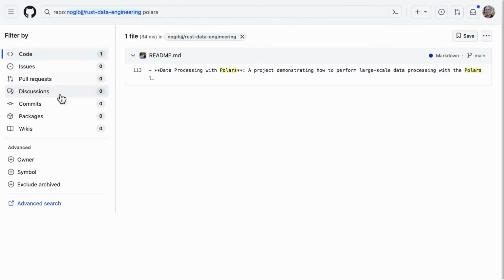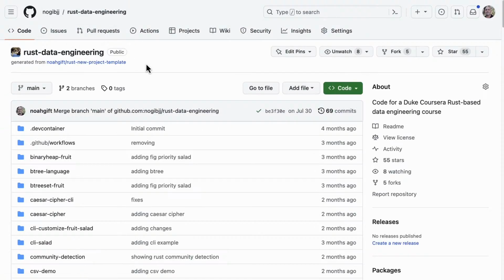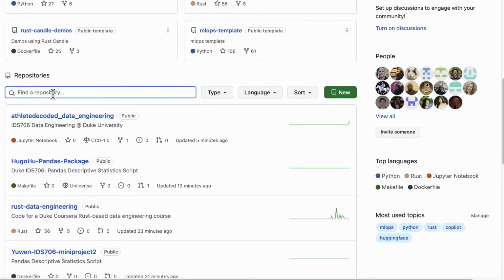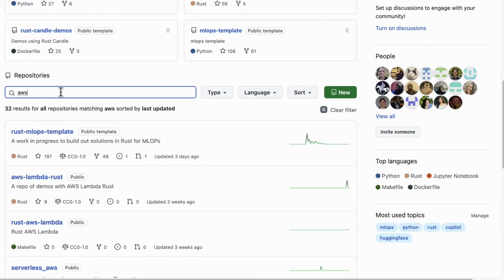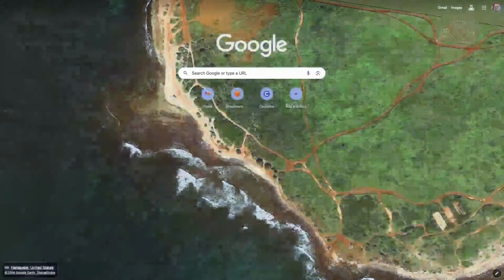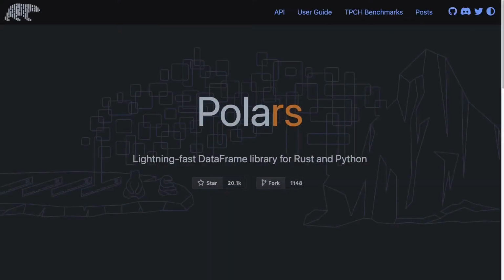And I don't think I have a bunch of them in here, but I do have another one that I can share, which is an AWS Polars example. Here we go. So we're gonna kill two birds with one stone here, which is this repo, which I'll share. Somebody also helped me out with it. It's called Polars. There we go, Polars. This is the library, and the reason why you would care about it is